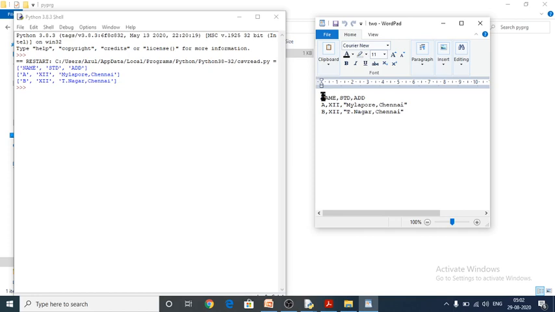When we open a CSV file with other application software, it is opened as comma separated values. But if you open a CSV file with the help of the Python programming language, the details will be opened as a list only.